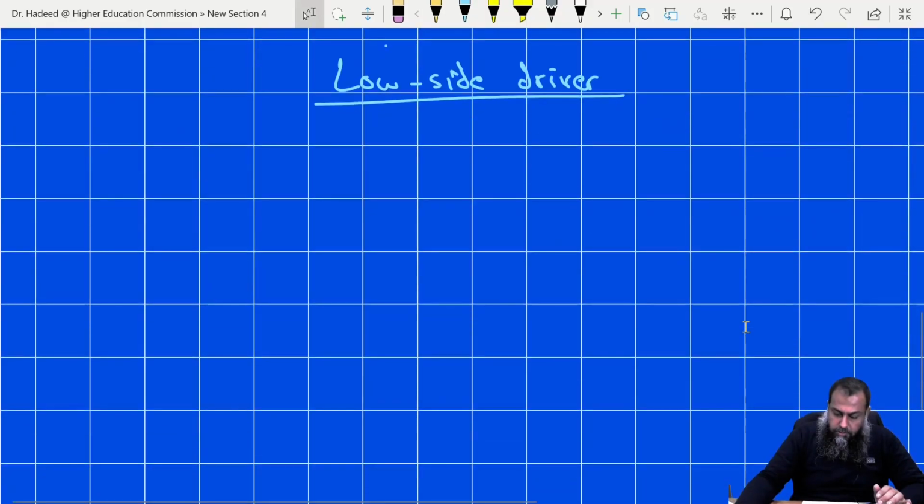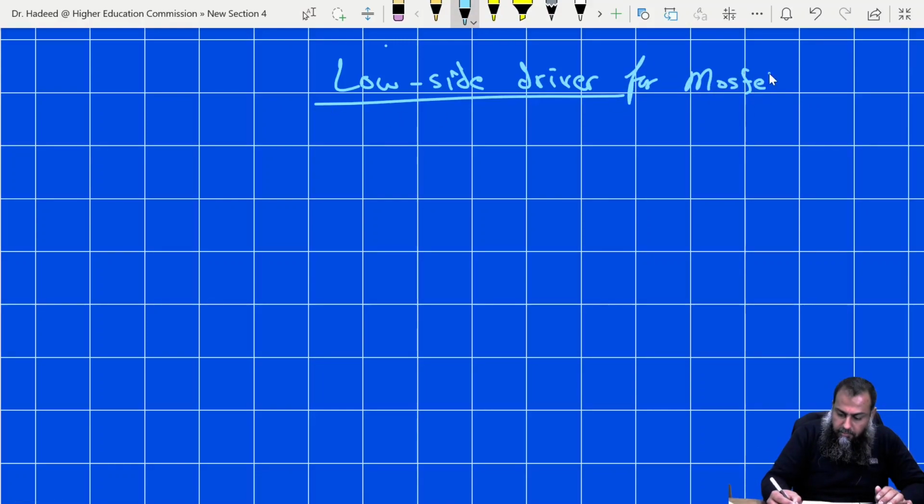Okay, so for a low side driver, low side driver for MOSFET. So we all know that MOSFET is a majority carrier device, and it is a voltage control device. Therefore, if we want to turn on MOSFET, then the simple condition is that the VGS should be greater than or equal to the V threshold, which